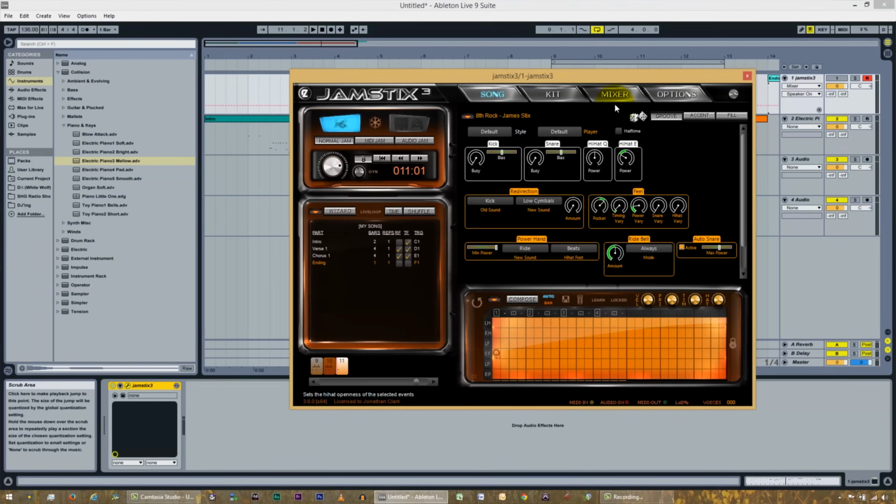So the two things that I wanted to talk to you about that I forgot in the last video, brain controls. Now you can see some of these brain controls are white, some of these are orange. The reason for this is the white ones are associated with the style, so these white ones are all part of 8th Rock. The orange ones are all associated with your current drummer, which in this case is Jamstix. So remember what these four are: kick, snare, hi-hat, Q,